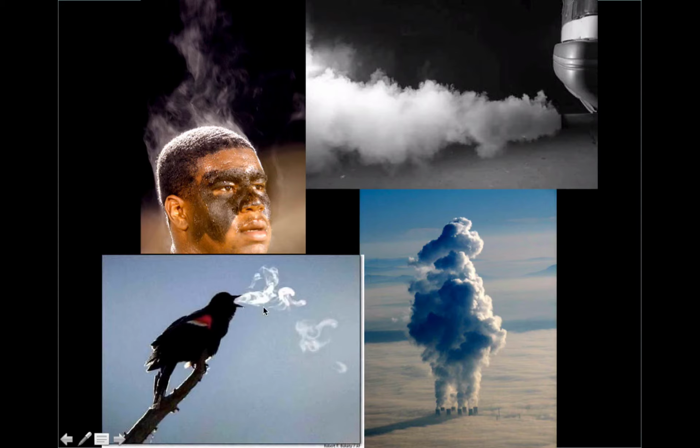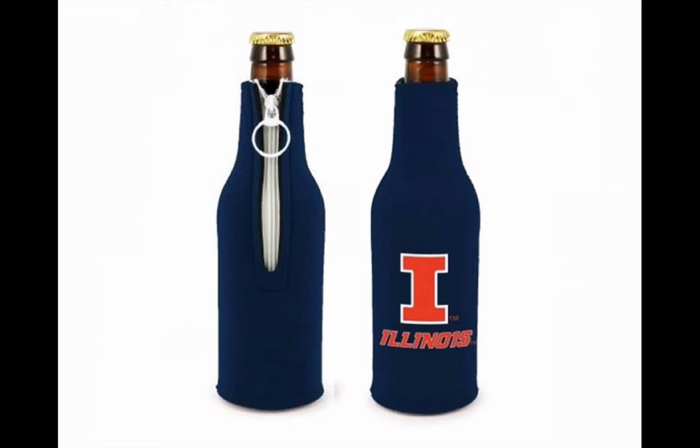All right, let's talk about beer and beer koozies. Most of us here in the United States, when we drink beer, we like our beer really, really cold. In fact, the Coors Company makes a beer can such that the mountains on the side of the can turn blue to let us know when it's cold enough to drink. So we've invented this thing called the beer koozie that goes around the beer.